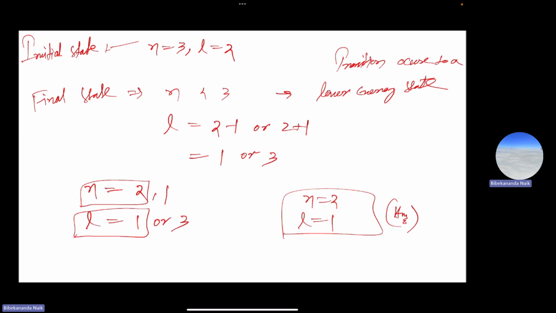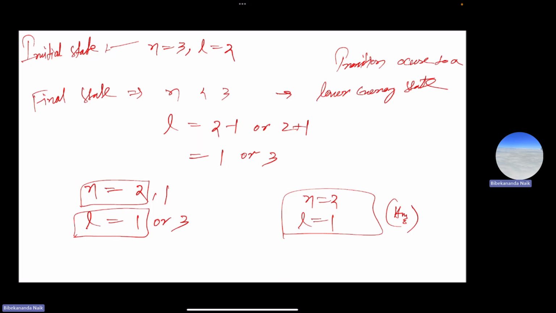Now we will move to the seventh question. The question says a three-dimensional polar coordinate system is shown below. For the coordinate system, we can write, so basically we need to convert. If we are talking about the relationship between the orthogonal coordinate system and the spherical polar coordinate system, then what will be the relationship between the two? So cos theta equals x divided by the square root of x square plus y square plus z square, and sin phi equals z by the square root of x square plus y square plus z square. Then option B, option C, option D. So these are the four options. What will be the correct relationship between the two